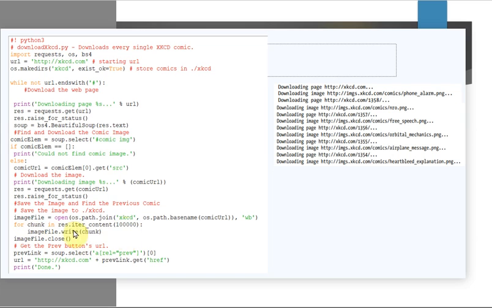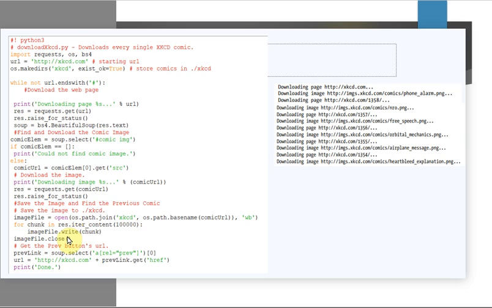So every iteration, this many bytes will be written, and after that, image file dot close. This particular code we have already seen in the previous session, so it is just a repeat of this.